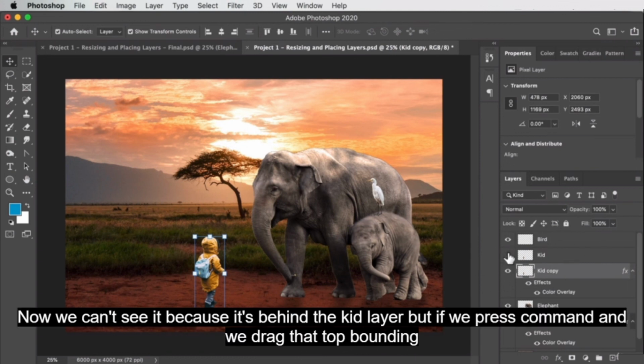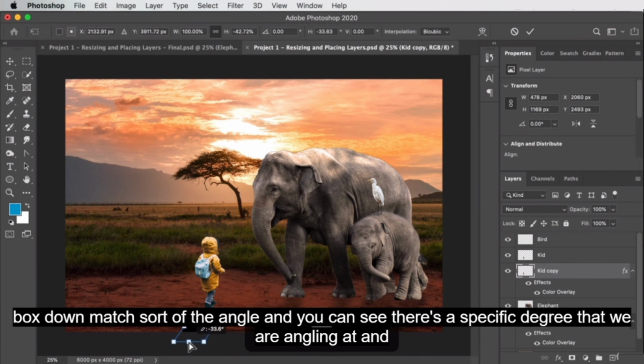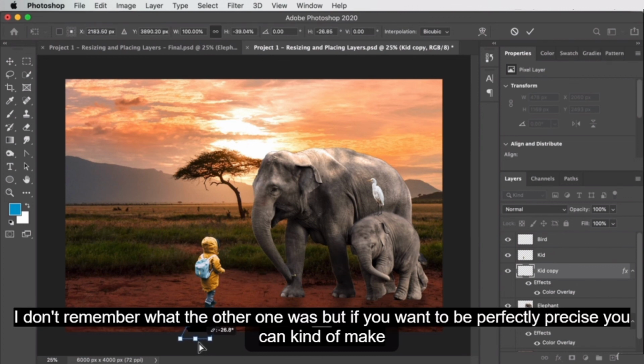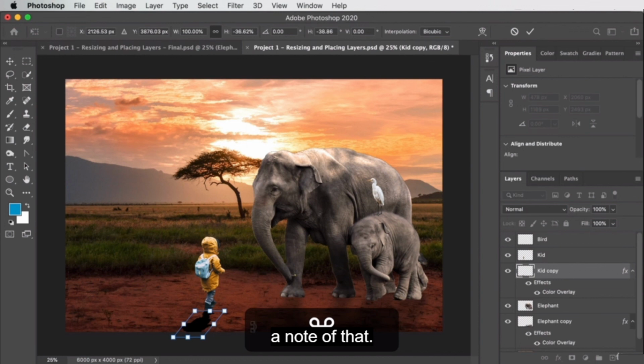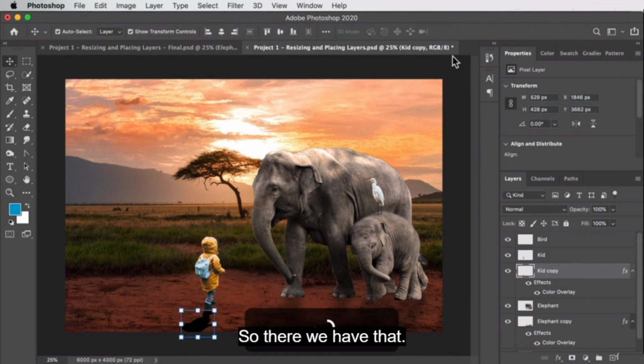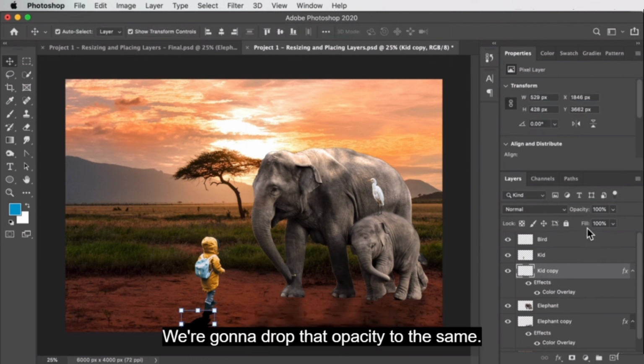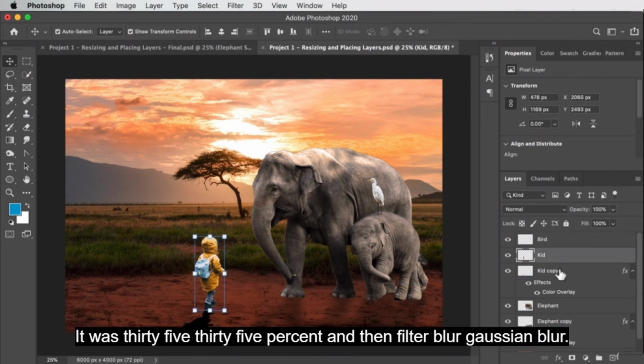Now we can't see it because it's behind the kid layer, but if we press Command and drag that top bounding box down, match sort of the angle, and you can see there's a specific degree that we are angling it at. I don't remember what the other one was, but if you want to be perfectly precise, you can make a note of that. So there we have that. We're going to drop the opacity to the same. It was 35%,